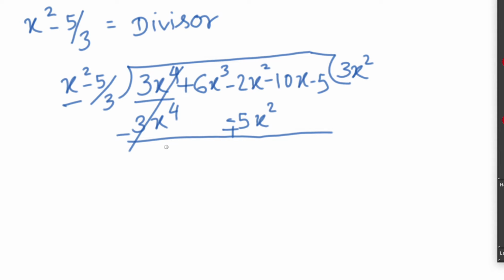Then we have to write, in each step, we have to see whether p of x is in descending order or not. Descending order means the power should be in descending order, like 4, 3, 2, 1, 0. So now x power 4 has cancelled. So I am writing the cube 1. Then plus 5 minus 2 is plus 3. Then we have to write x square and write as it is the left one, which is minus 10x minus 5.